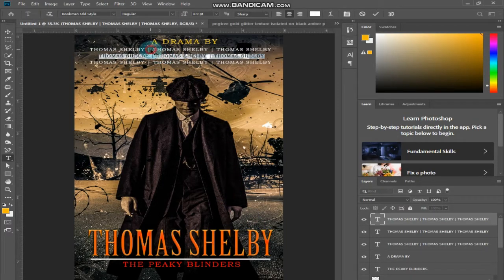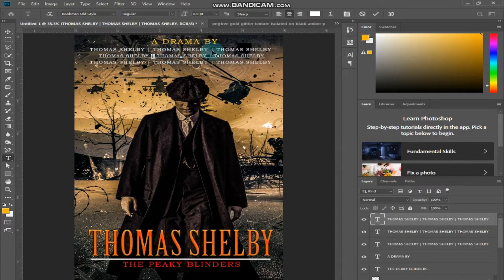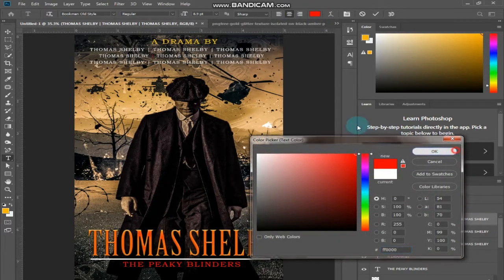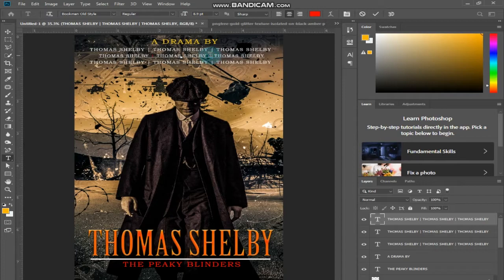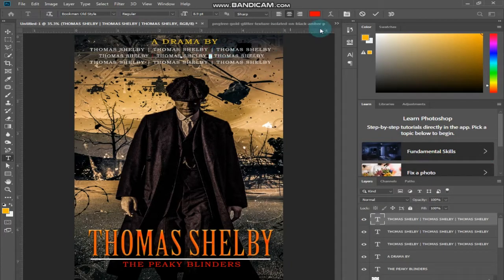I will change these line colors to red, because I also have the red in the theme and I don't want it to be neglected. So let's do it. Oh, sorry. Here it is, red, red, red. Okay, it's looking good.